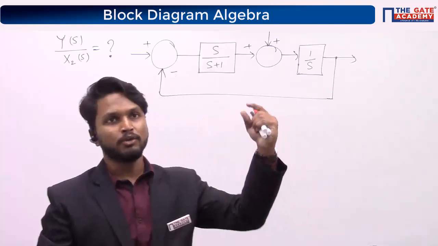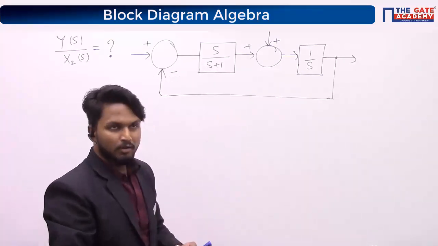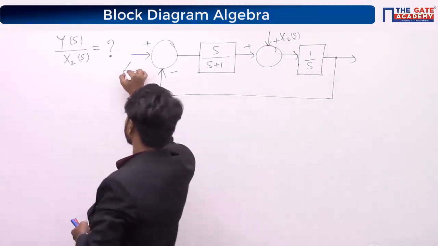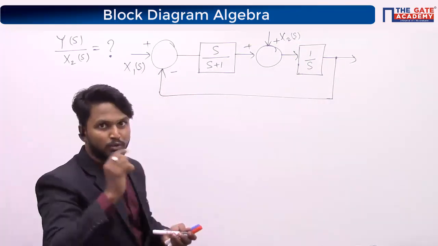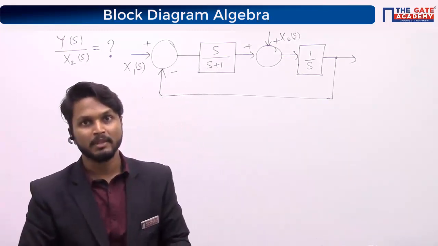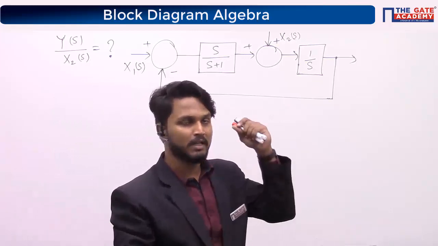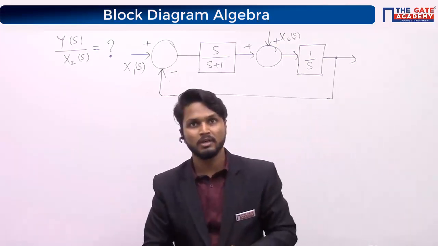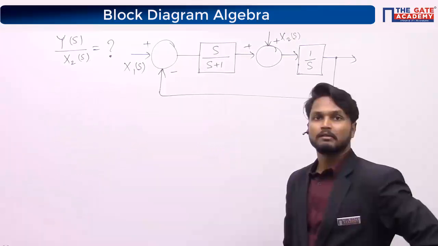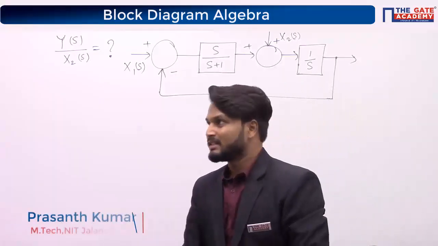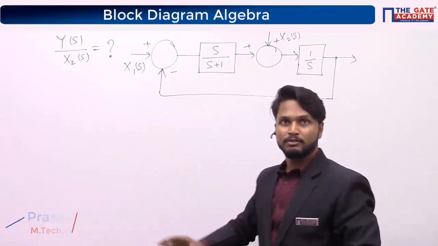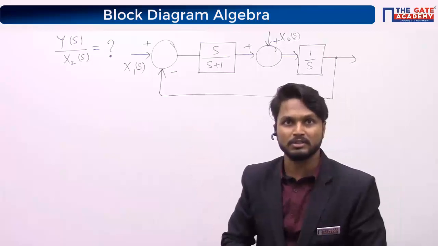Basically, how you are applying the superposition theorem on your system is by turning off the other source when one source is present. When you have two input sources, you turn off one source and find the output because of that particular source. Once you have found the output because of one source, you find the output because of the other source by turning off the second source, and then you add all the outputs. The same way, even in control systems, if you have n number of sources, using this Laplace transformation approach,